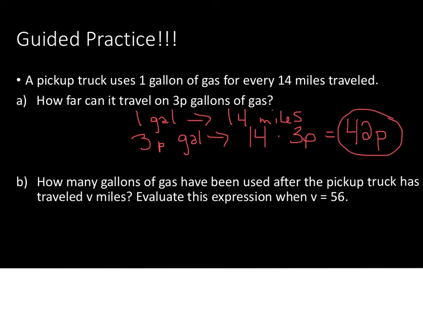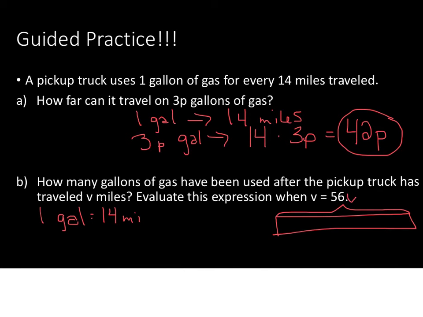Now, B part says how many gallons of gas have been used after the pickup truck has traveled V miles. So remember, 1 gallon is 14 miles. So in other words, if we go V miles, we know that each gallon gets us 14, but again, we just don't know how many. So we're going to go ahead and do that V miles is equal to V divided by